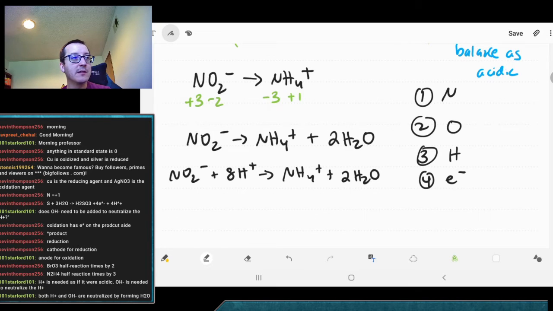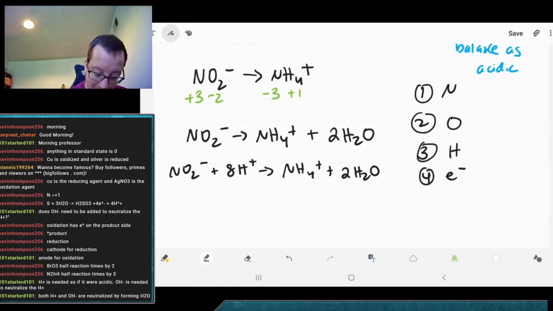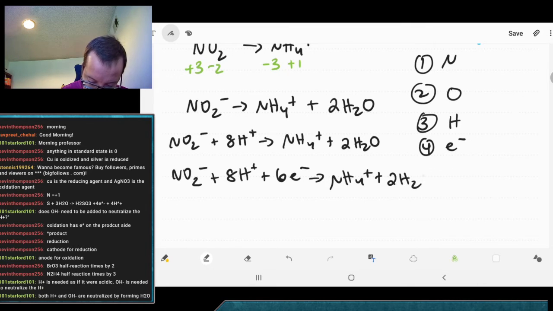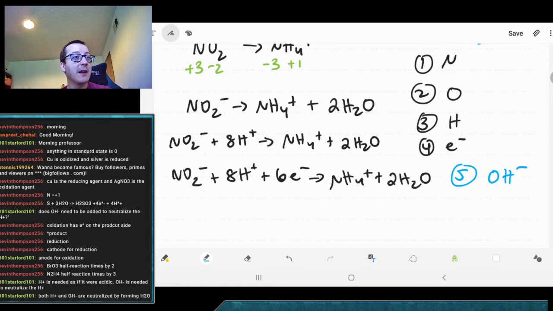Next, we're going to balance the electrons. If we see we have overall +7 on the left, +1 on the right, we're going to need 6 electrons. Indeed. And so if we are going to want to take into account our basic solution instead, we're now just going to add enough OH minus to both sides to cancel out all the H pluses. All right, and so if we do that,